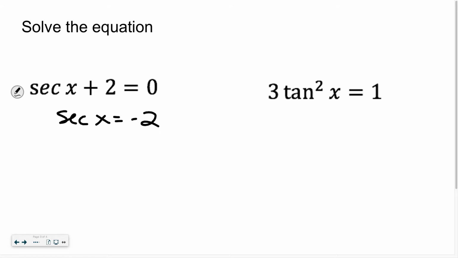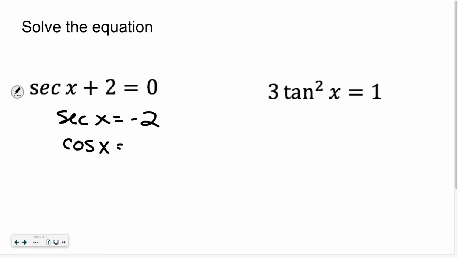And then you could work from here, but I'll be real honest. Whenever I see cosecant, secant, or cotangent, I usually, me personally, I don't know those as well in my unit circle. So I always write down the reciprocal so I can really focus on the right coordinate that I want or the right angle. So the reciprocal of secant is